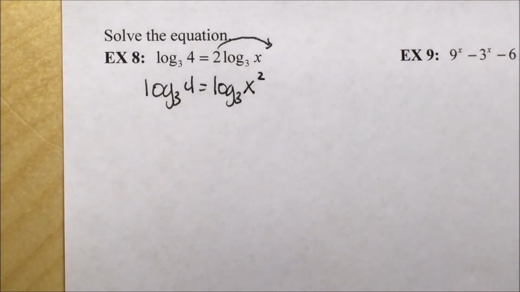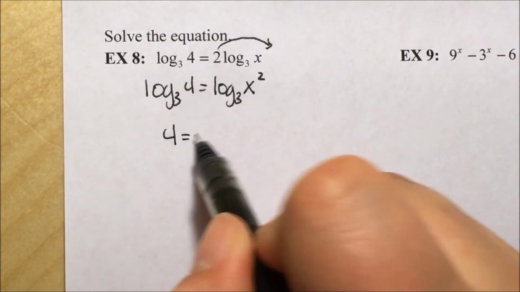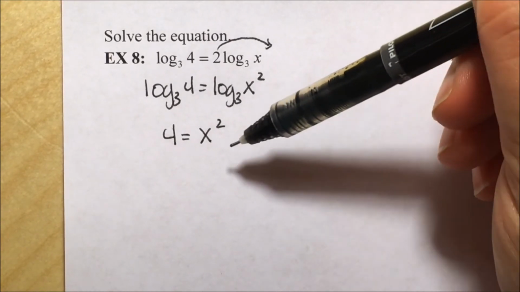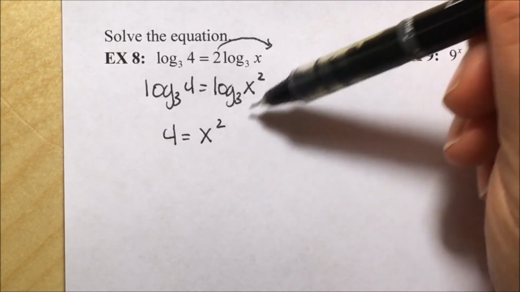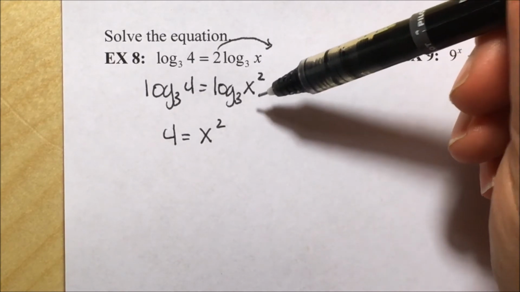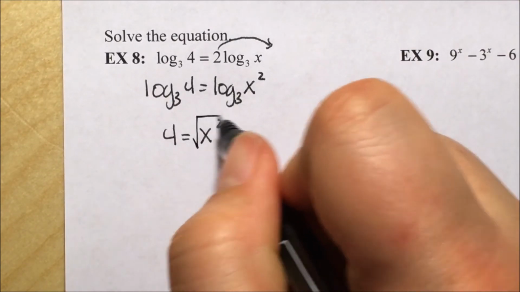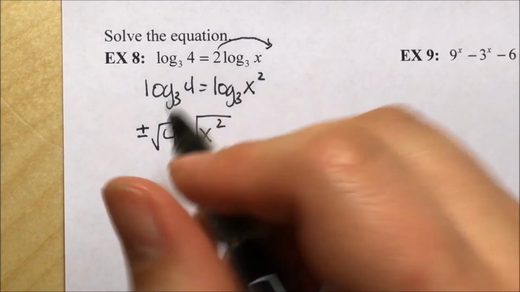And now, since the bases match and we've got just 2 logs, we can just go ahead and set their inputs equal to each other. You want every step that you do to be reversible, so make sure that I could go backwards by taking the log of both sides, and it's equal to what I had before. So now we're just solving for x, square root both sides. Remember, square rooting both sides means you have a plus and a minus,